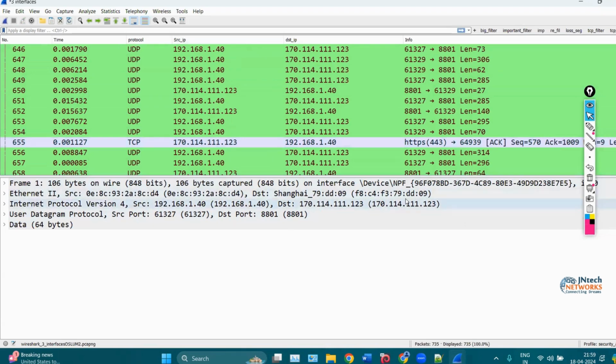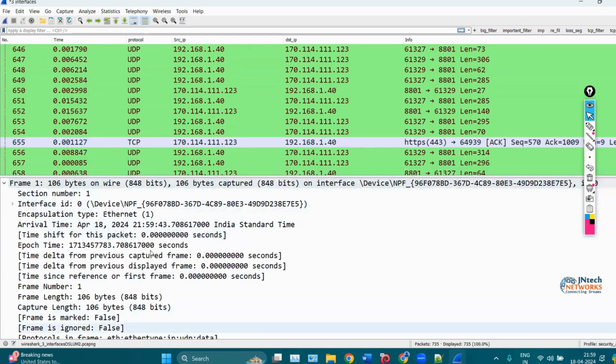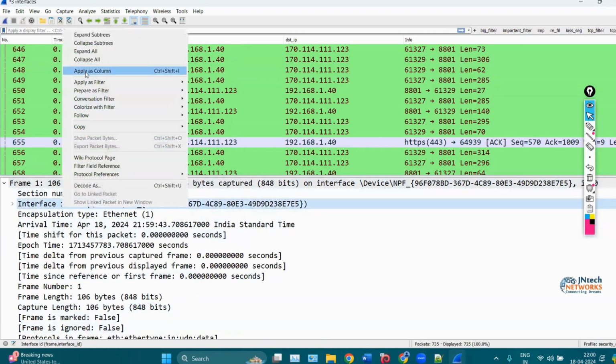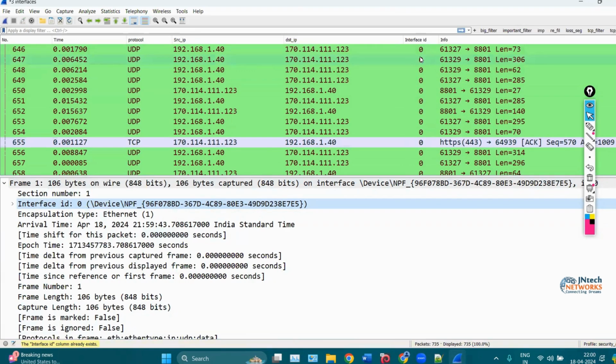Now, how do we know which packets are of which interface? We can simply click on this frame layer. In the frame layer, you can see interface ID. Right click here and apply as column. So we have this interface ID 0, 1, 2. We are capturing on three interfaces, and the index number, which is the serial number, starts from 0: 0 for the first interface, 1 for the second interface, and 2 for the third interface. Now here you can see interface ID 0. What you can do, you can right click here on this interface ID, apply